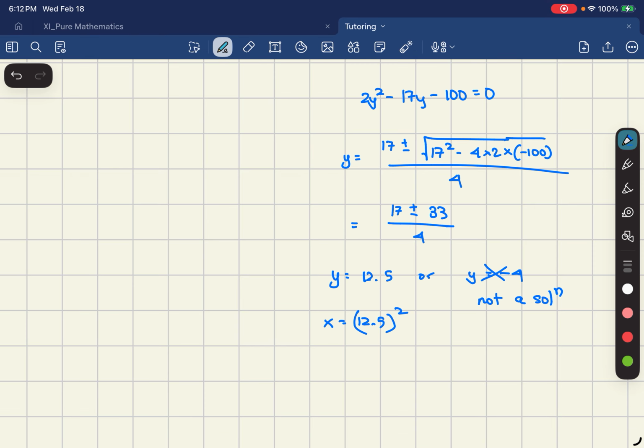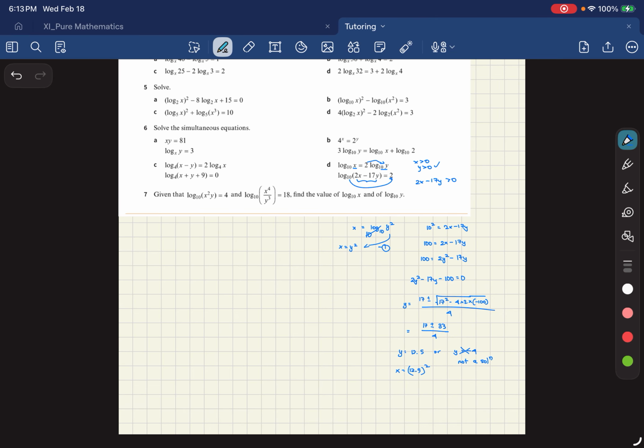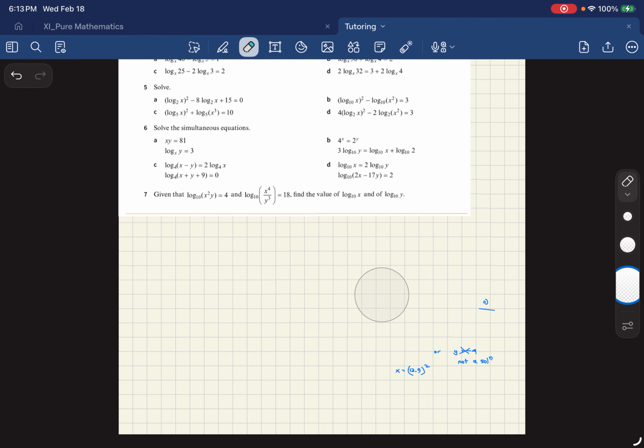So that is our solution. And let me just check the answer for you. So y is 12.5, which is also 25 by 2, and then x is just 25 by 2 squared. So this is the solution. And now we've reached the